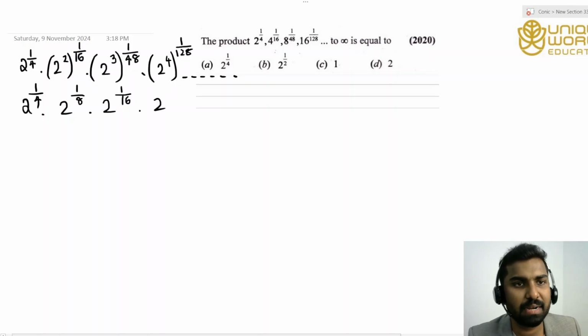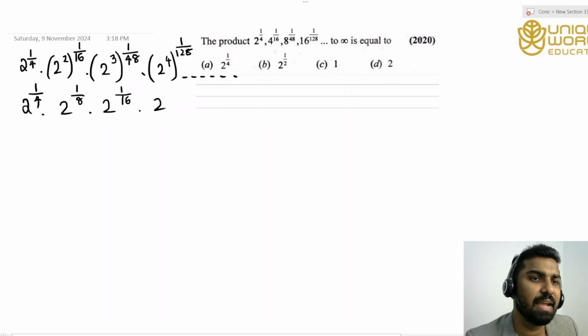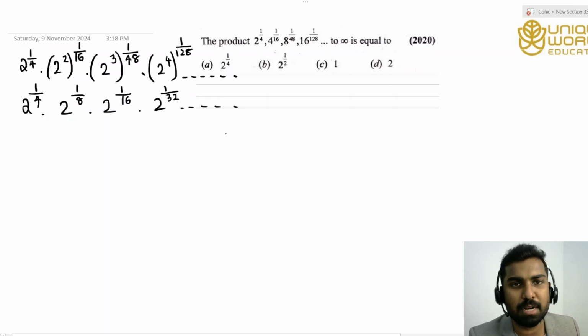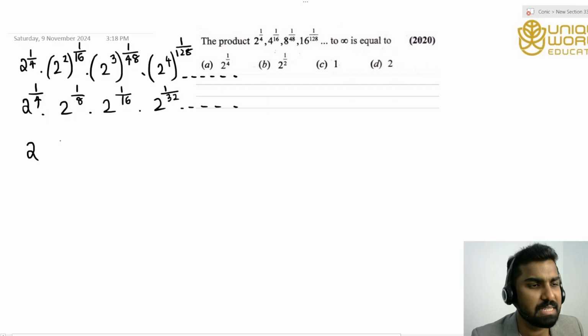So if you want, you can write 4 divided by 4 into 1 divided by 128. You can write 4 divided by 128. That will be 1 divided by 32, etc. Okay. So if you are observing this particular number of terms, you can understand all bases are equal. If bases are equal, we can add the powers, right? So by the basic law of exponent,